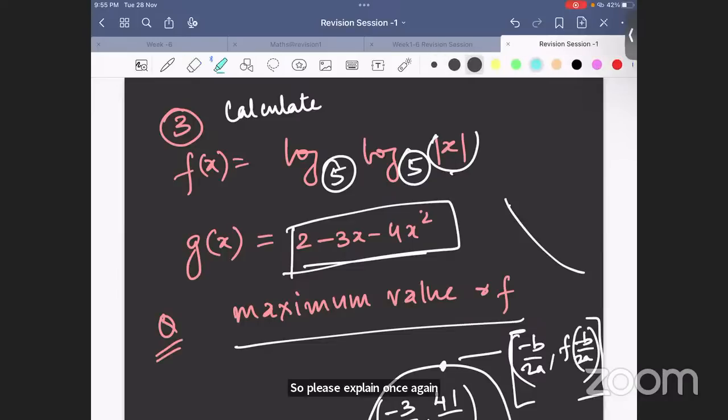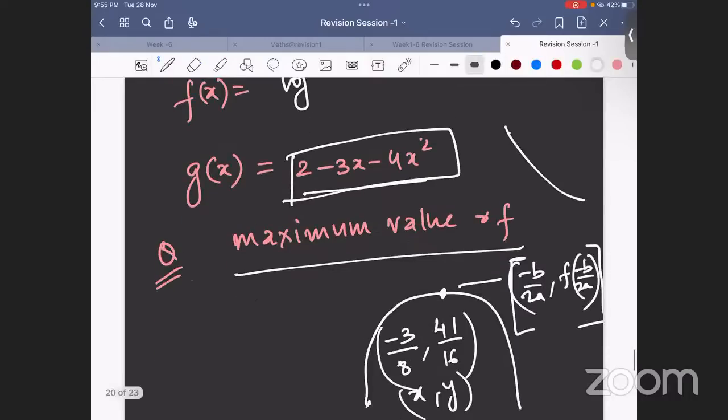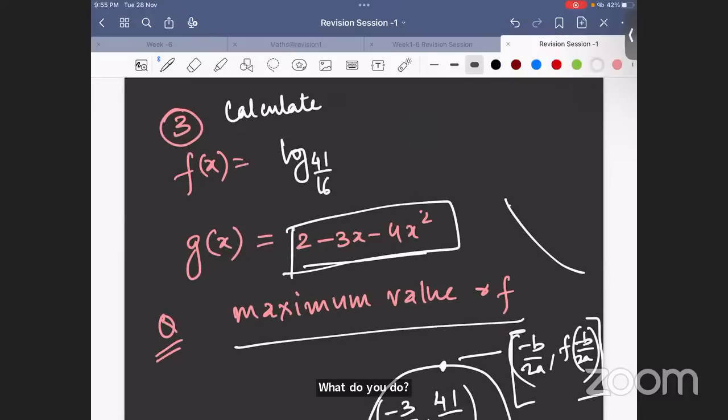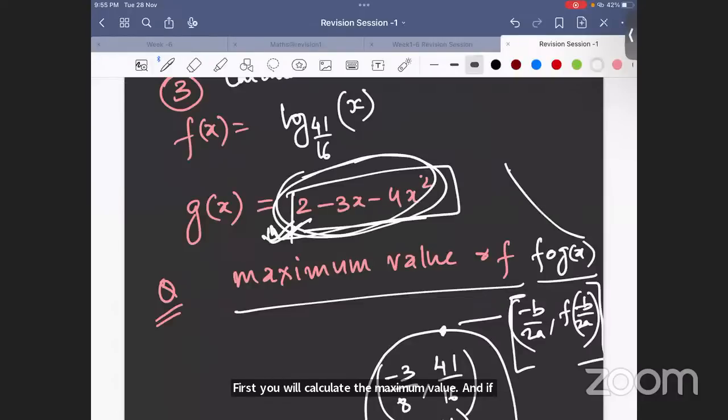Okay, so what I was saying is, let me simplify this problem. Now this is log 41/16 of x. This question asks you to calculate the maximum value of f of g(x). This is your function, and this is g(x). To calculate the maximum value of f of g, first you will calculate the maximum value of g, and if you are able to calculate it, you just have to put it here